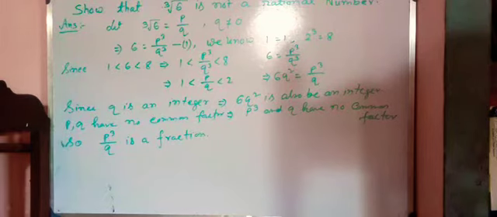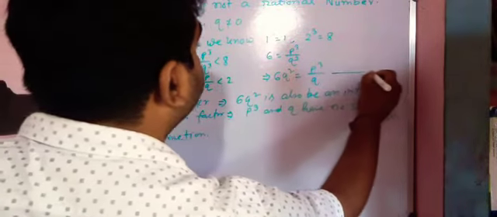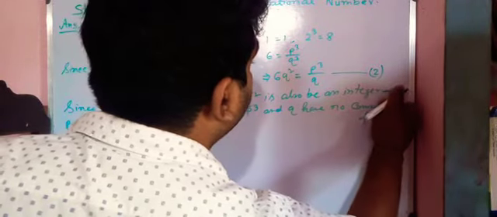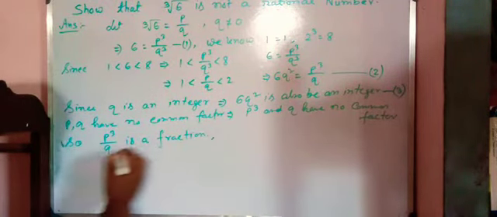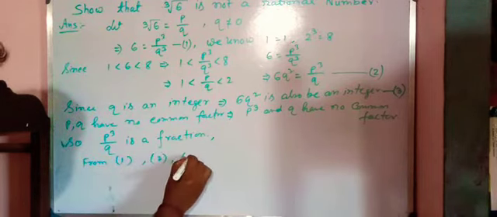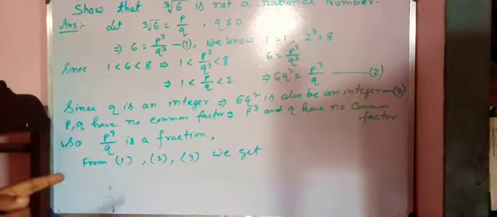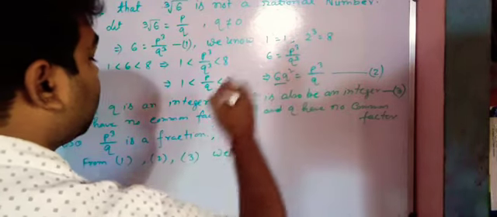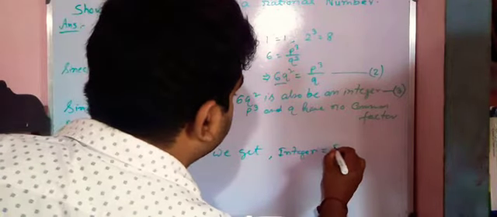From 1, this is 1, this is 2, and this is 3, if we name it. So from 1, 2 and 3, we get 6q square, that is integer, is equal to fraction. Integer is equal to fraction,